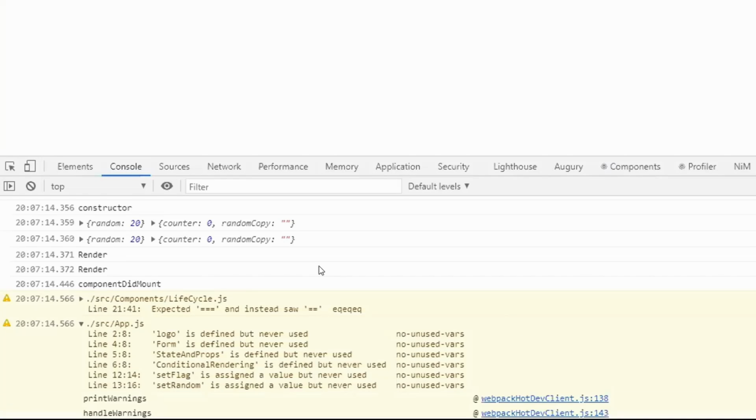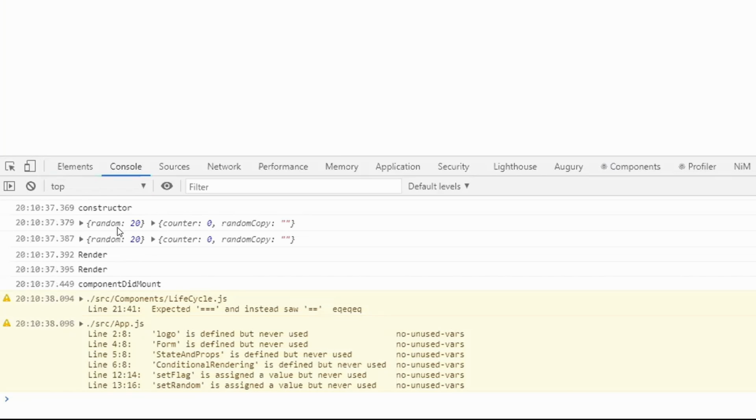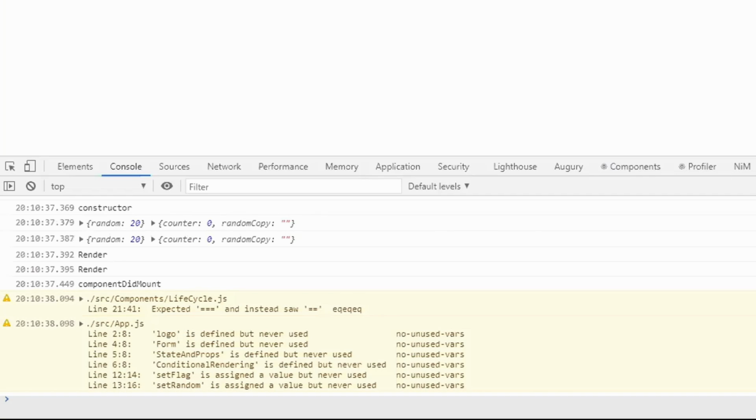Now you can see my counter is there, my random is, for the very first time, 20. The condition is matching. randomCopy is still empty, but I'm getting the random, that is correct.